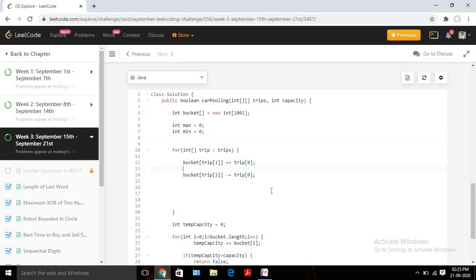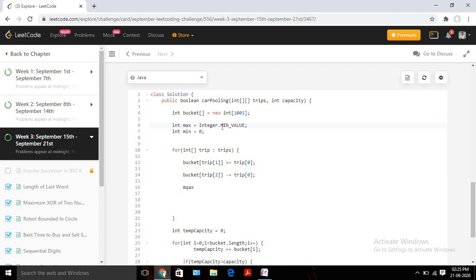So let's do that. So I will keep updating my max value, right? Let's do one thing. Let's initialize it with Integer.MIN_VALUE. Initially we are going to assign the minimum value to max, and for min we are going to assign the maximum value, Integer.MAX_VALUE, and we are going to keep updating this max and min for each and every trip, right? So for max we are going to use the Math.max function, and we are going to take the maximum value between the current max or the